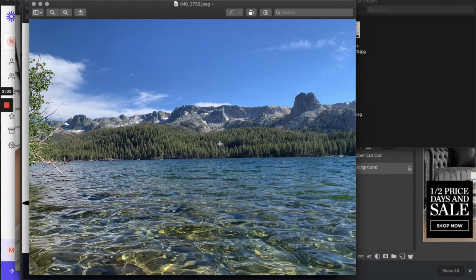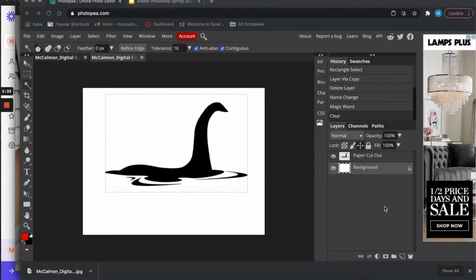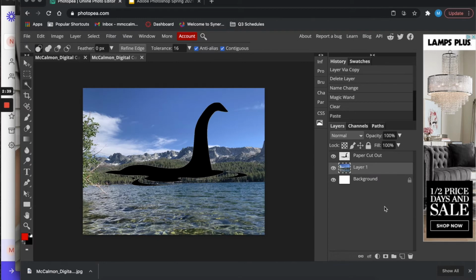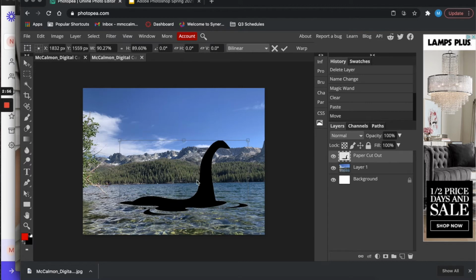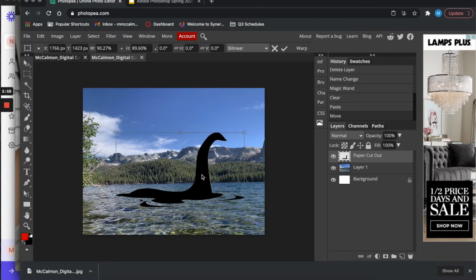So now I want to put my background image in there, which is this photo I took in California. So I'm going to paste it above my background layer. And you can see that my paper cutout isn't really in the right spot. So I want to go back to that layer and go to my Move tool. I'm going to make sure it's sitting in the water, and maybe make this a little bit smaller. There we go. I like that